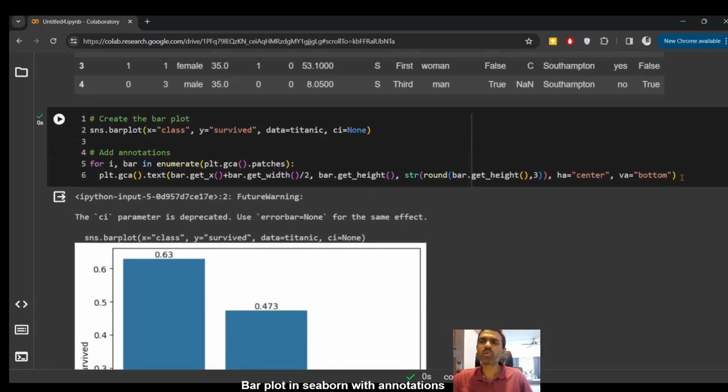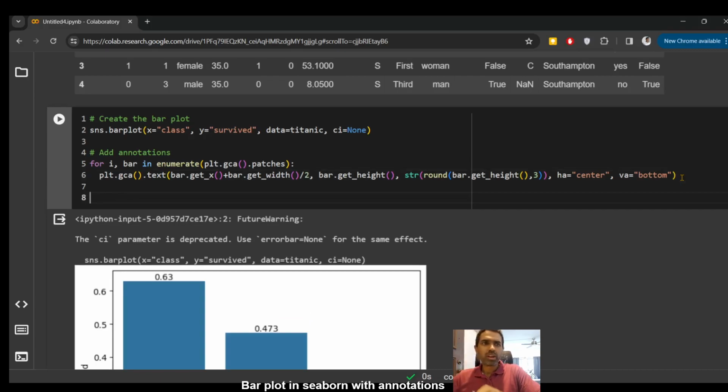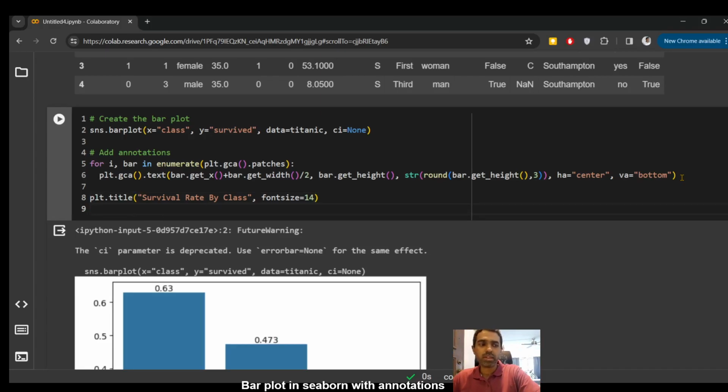Right? So this is how you annotate a bar plot. Straightforward. Hope you guys understood that. Let's just do a few additional things to clean up the plot. So we'll say plt.title. As you all know, this is to give a title to the particular plot. So we'll say survival rate by class. Okay. And we can give a font size. Let's say 14, right? The font size is basically going to make it big or small, depending on what you want. And then we'll say